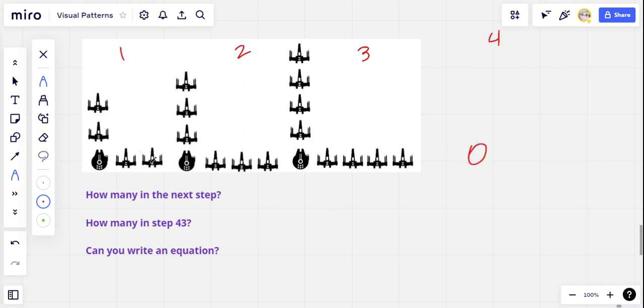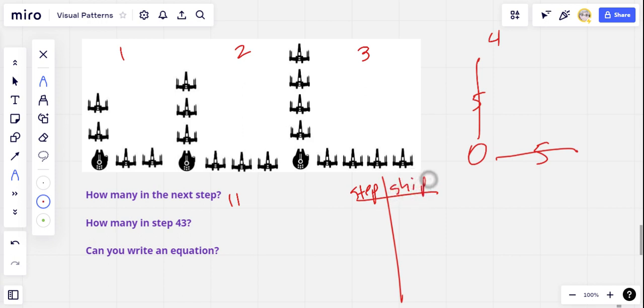And then, let's see, we've got these two arms of the, what are these? The X-Wing fighters. And so arms of 2, and then 2 arms of 3, and then 2 arms of 4. So I'm guessing we'd have an arm of 5 and an arm of 5 like that. So that'd be 5, 10, 11 ships total in step number 4. That's my prediction. If we examine the numbers in this pattern, we'll put the step number and the number of